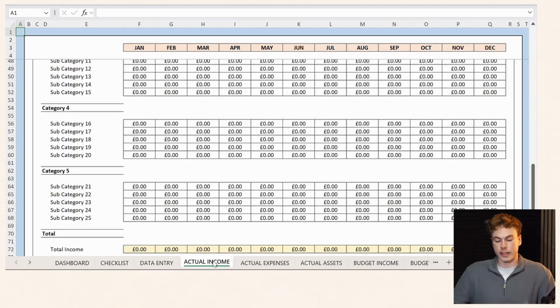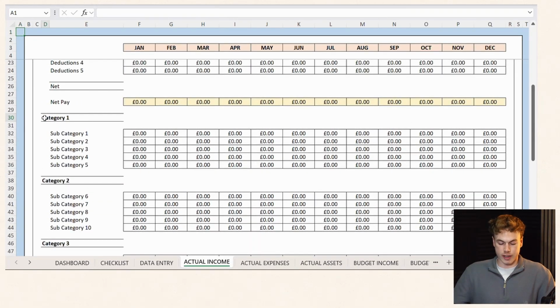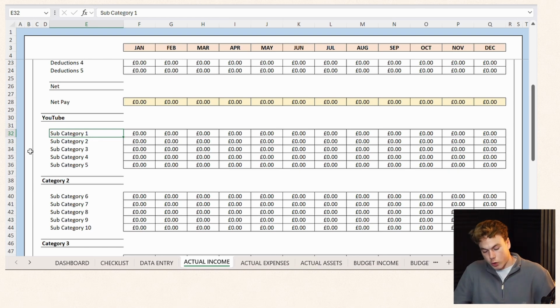So the first thing you're going to have to do is name your categories. So for example, here you would put, let's say, what have you got as an income source? Let's say you do full-time YouTube, or not full-time, but you make some money from YouTube. That will be your category. What could you do? You could do AdSense, brand deals,